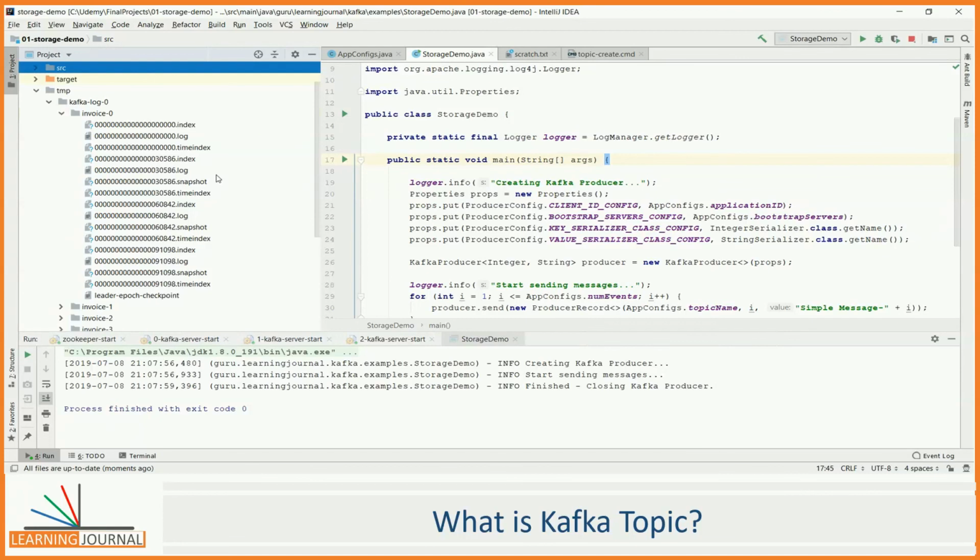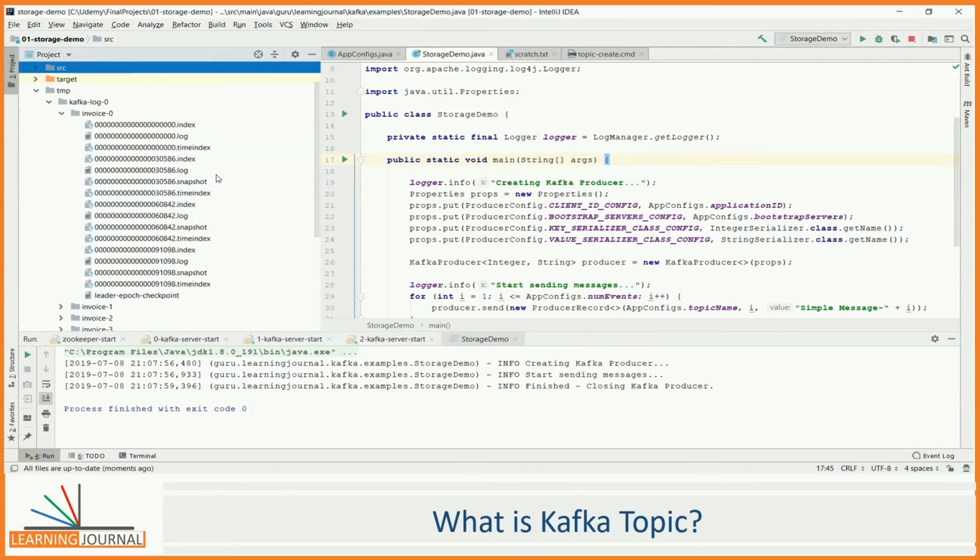You might see a few other types of files in the partition directory, but those files have nothing to do with the data. Kafka creates those files to keep some control information and clean them from time to time. We do not care much about those files.